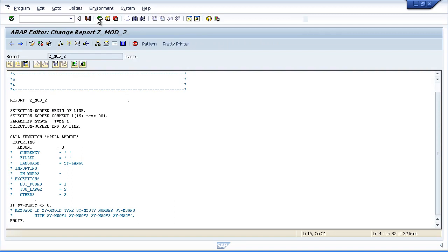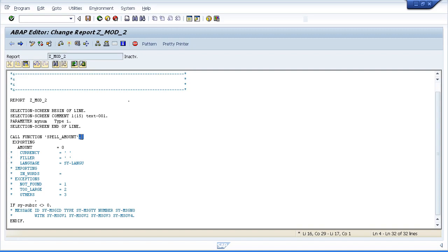So you see, when we call a function module, the actual ABAP statement itself is made up of the words call and function. And then we place the function itself inside single quotes, include all the parameters, and then we have a full stop to terminate this statement. Now note the position of this period. It appears on a line all by itself. And it's there because the system automatically commented out all these optional variables for us. So the system's not going to know what we actually want to fill in and what we don't fill in. If the system put the period up here and we uncommented some of these variables, then we would more than likely get a syntax error,